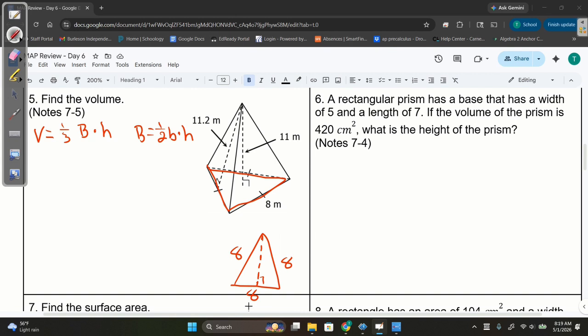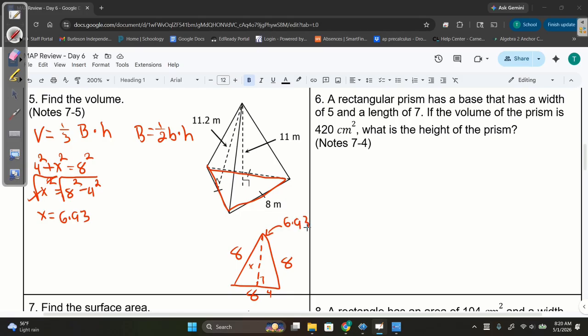So just like how we did on example 2, we've got to find the height of this shape using Pythagorean theorem. This little distance here is 4, because it's half of the total distance. And then I can do Pythagorean theorem. A squared plus b squared equals c squared. And we solve it out. Subtract 4 squared from each side. And then take the square root. And I should get 6.93